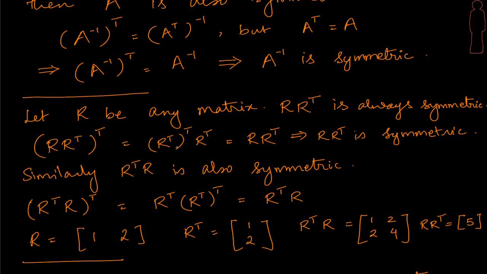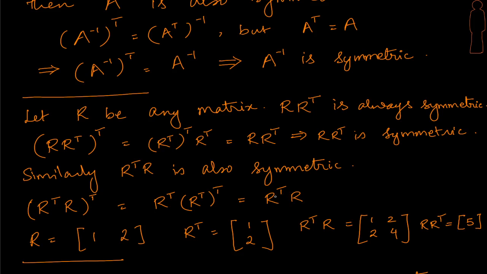and we know that this is idempotent. Therefore, this would now become, sorry, it's not idempotent. I shouldn't use the term idempotent, but R transpose transpose will bring us back to R. So this becomes R R transpose, which is the same as where we started from. Therefore, R R transpose is symmetric. Similarly, look at this here. Take the transpose. This becomes R transpose times R transpose transpose, which is again R transpose R, which makes it symmetric. We took the transpose and we proved that it is the same as this product.